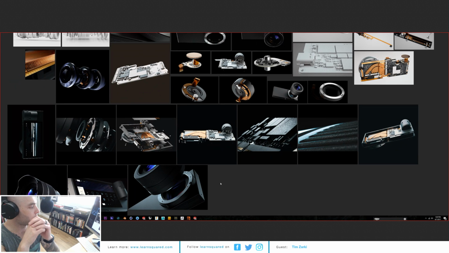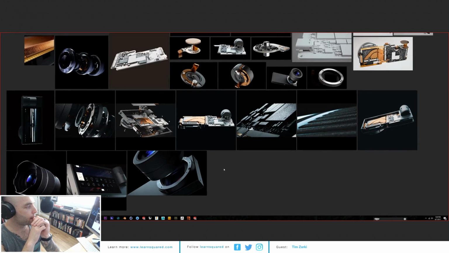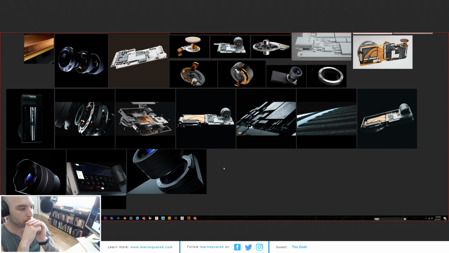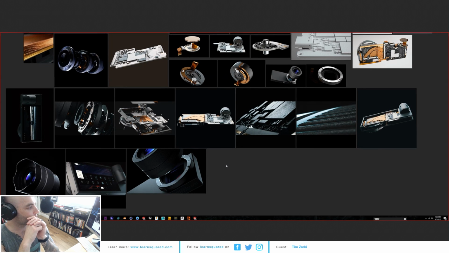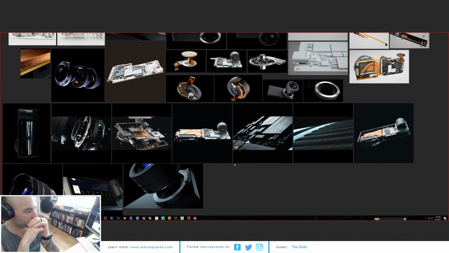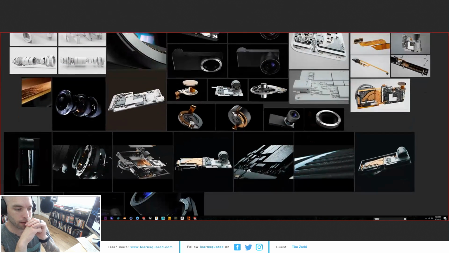It's a purely concept project. It's not a real camera. It's not going to be manufactured anytime soon. But it's just a cool portfolio piece to provoke some discussion about photography and the nature of digital cameras, and show off a whole bunch of different skills. So this is some of the stuff that I was sharing last time. I was mostly focused on